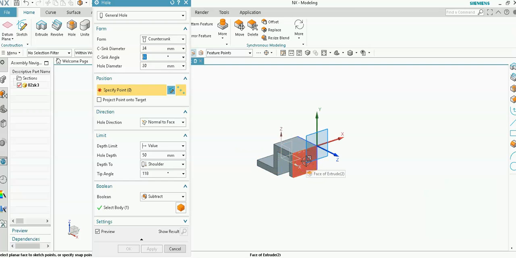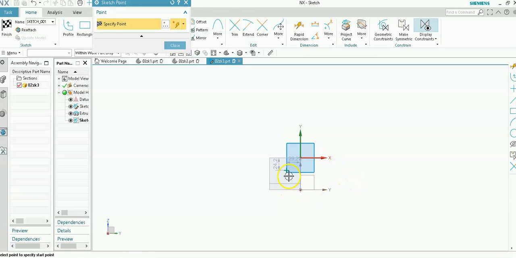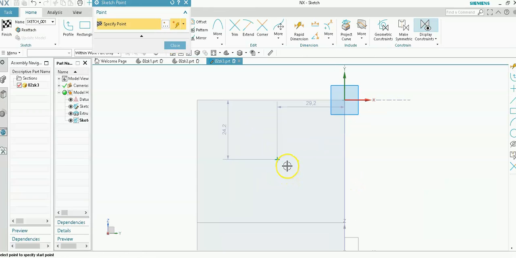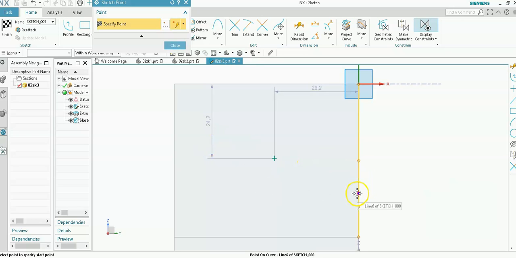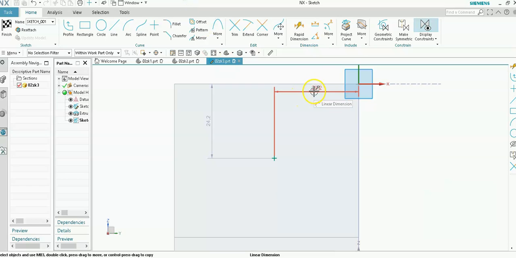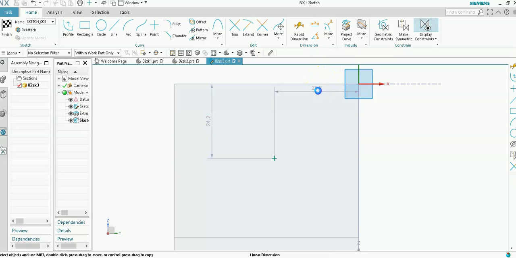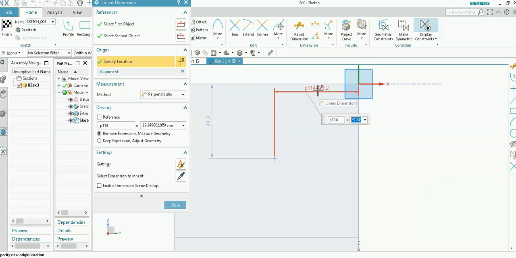So I would select this side, and once you select it, you will be directed to this plane for completing your dimensions. So close this dialog box, which is asking to add another point. I don't want to add another point, so I would close this dialog box, and now I can modify the dimensions. So for this one, double click on this, and I want it to be